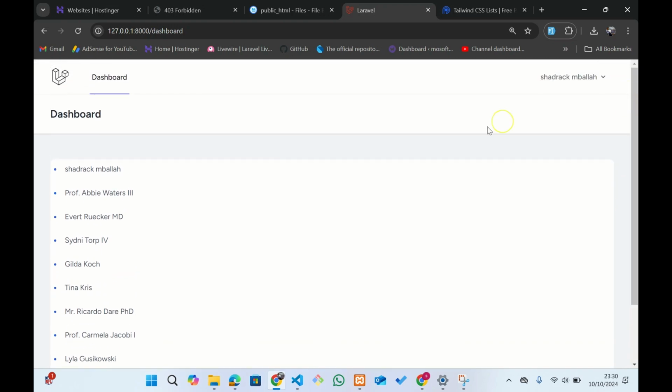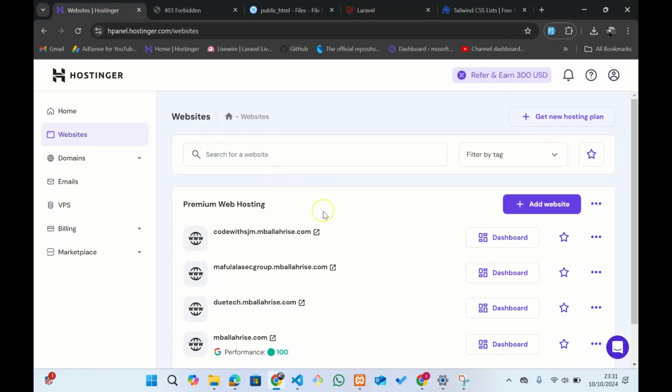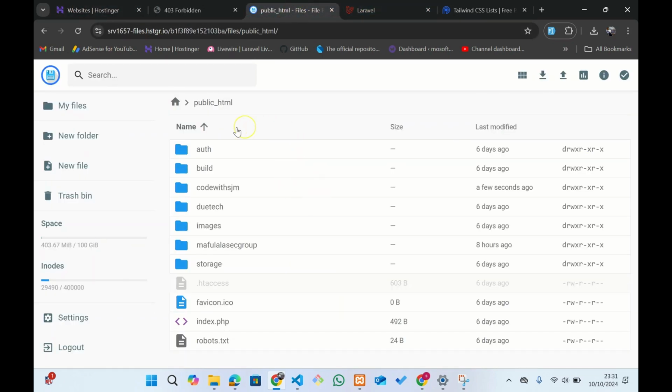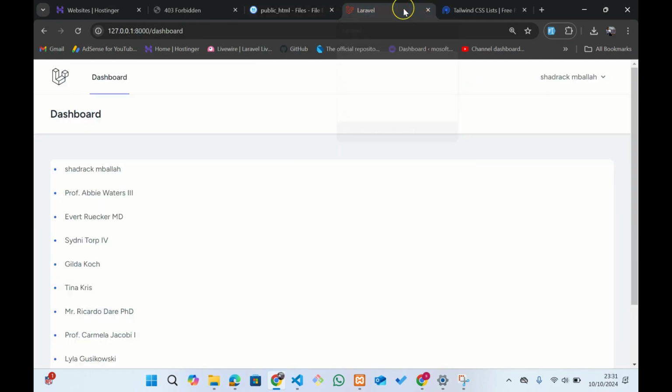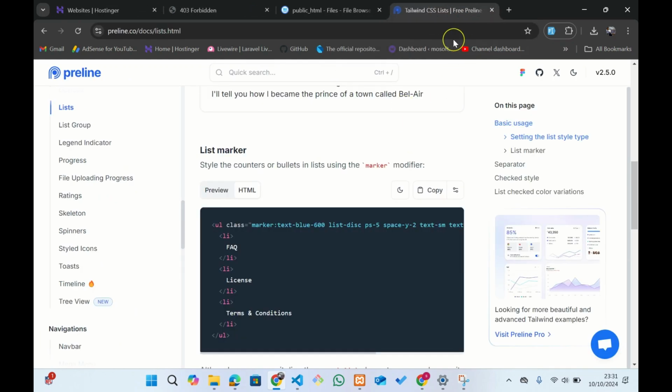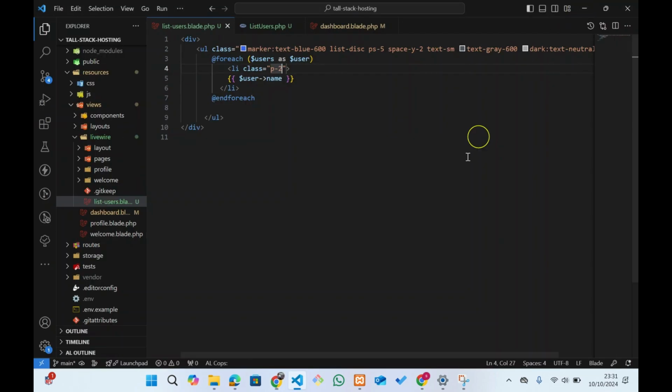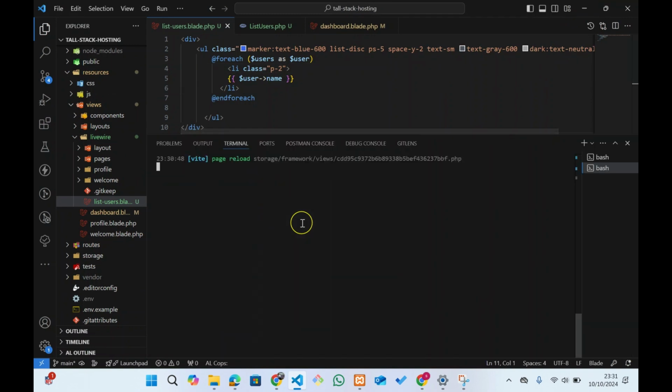Okay, so now we need to prepare this application for it to be able to be installed or deployed in our shared hosting, which is hosting right here. Okay, so we need to upload those files in this directory. So what we need to do now, simply, the application is running successfully here, so we can just stop it. So I can come here and stop the application,